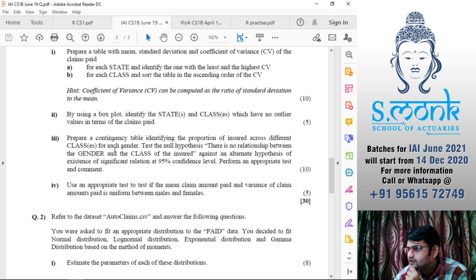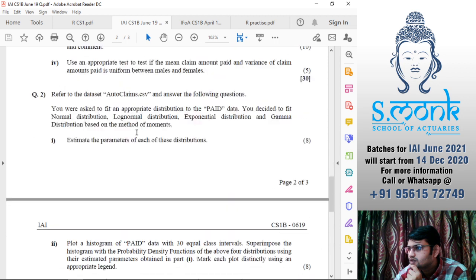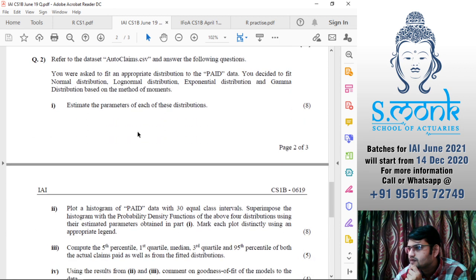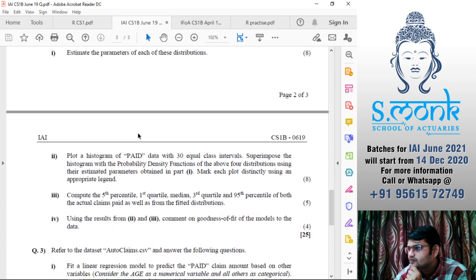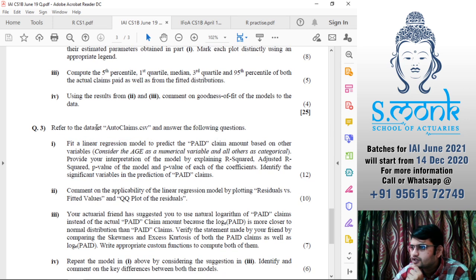Coefficient of variance, contingency table, linear regression model. Okay, so they are referring to autoclaims.csv as data. Usually data is given in CSV format.